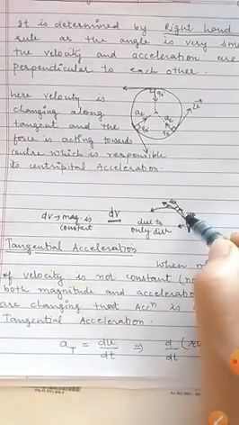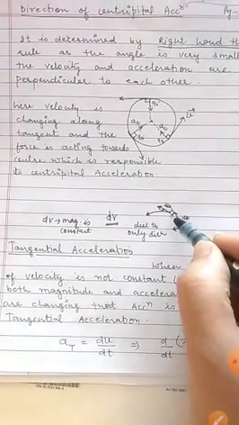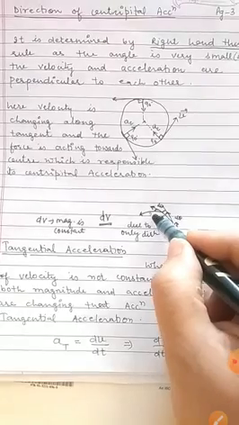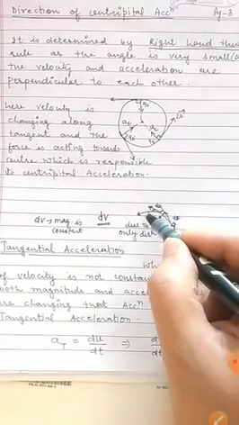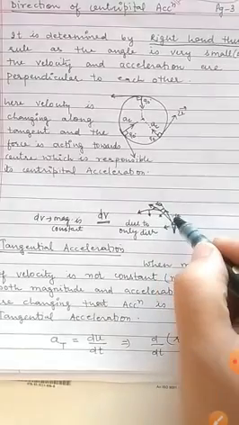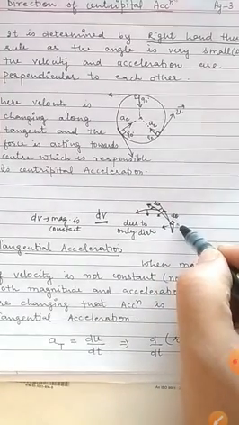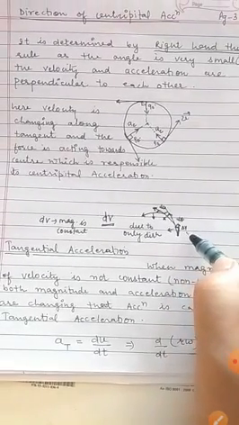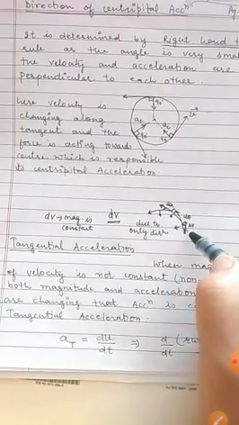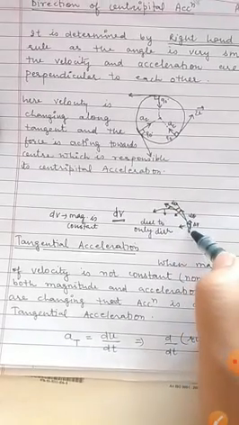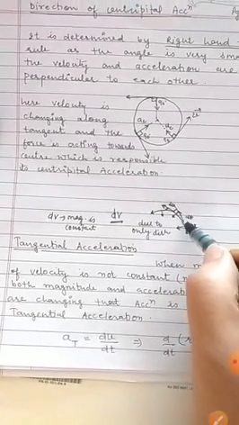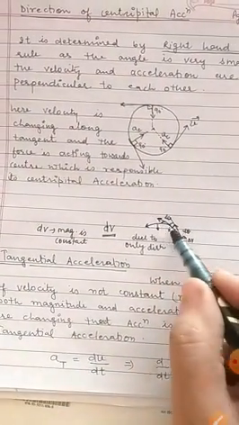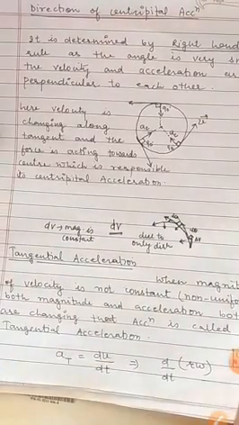The particle will move along this direction. Again we apply the force towards the center, the particle will deviate and move like this. Again we apply a force towards the center, the particle will deviate. Hence there is a change in velocity, the direction is changing, that's why the velocity is changing. This change in velocity is due to the direction only. The magnitude of this velocity is constant and this kind of motion is responsible for the circular path. Hence this force applied to move the body along the circular path is the centripetal force generating the centripetal acceleration.